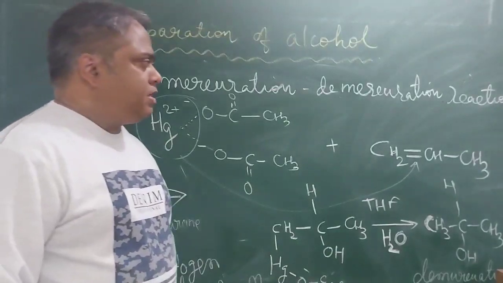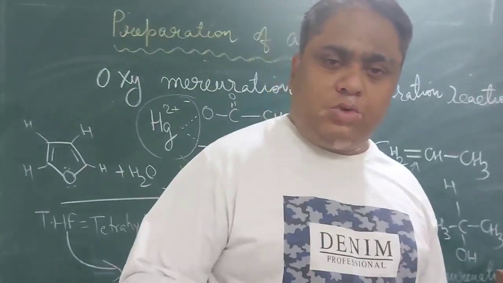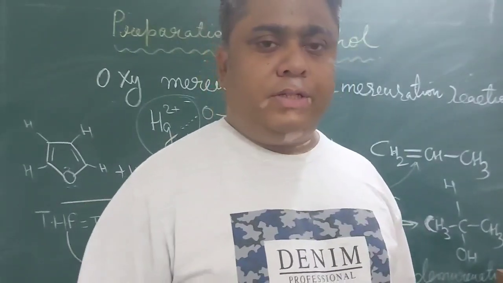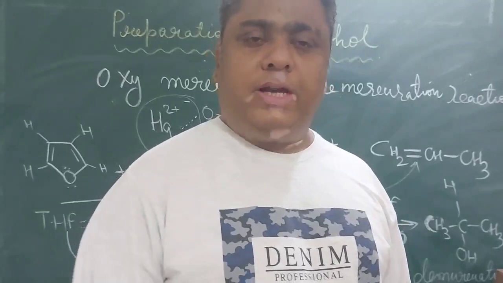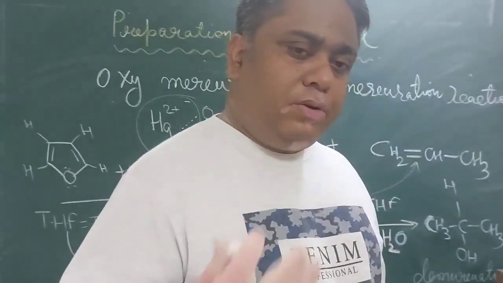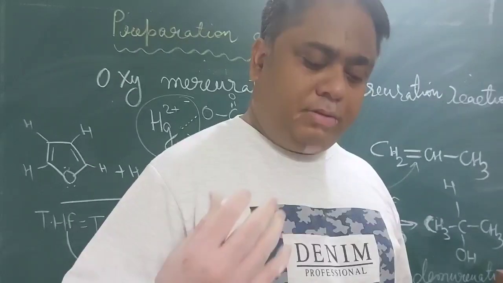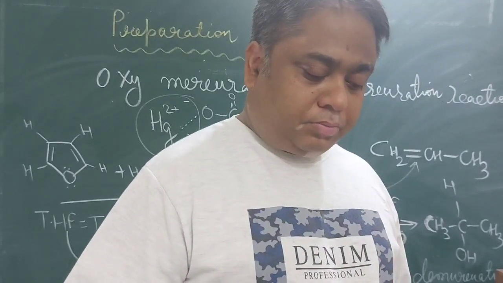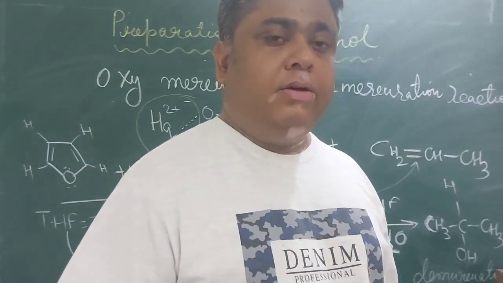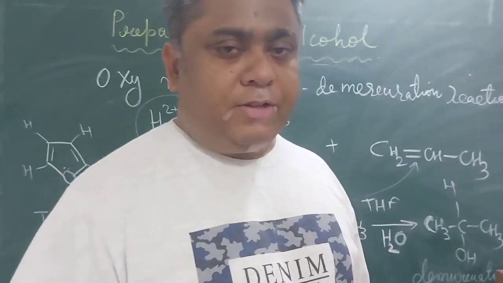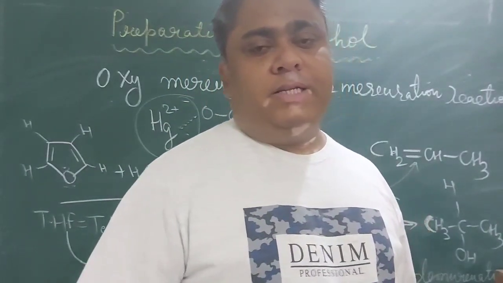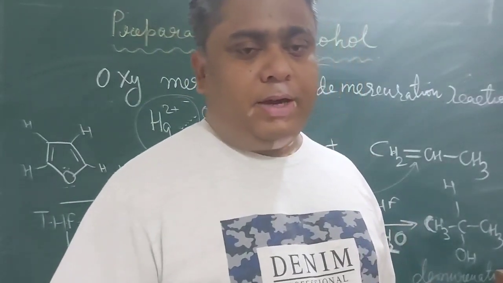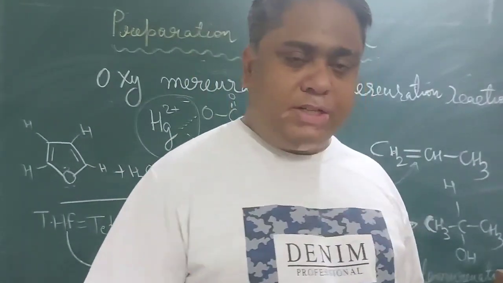First was nucleophilic substitution reaction, in which CH3Cl or C2H5Cl was reacting with aqueous KOH, which was either an SN1 or SN2 reaction. Okay, it was a nucleophilic substitution reaction, SN2. Second was hydroboration, addition of borane, or boron hydride, and after that oxidation was taking place. Then again addition of mercuric acetate was taking place. Then demercuration was taking place.